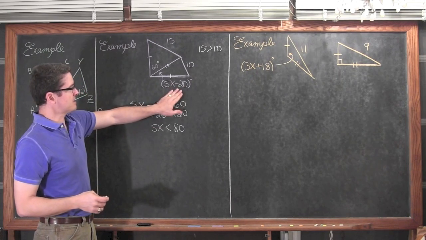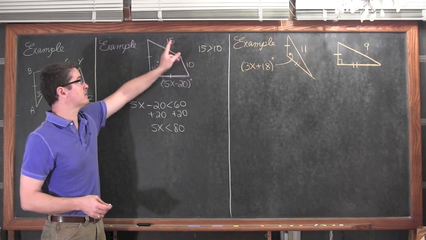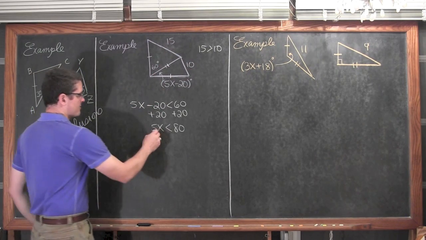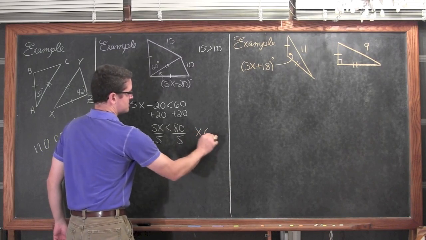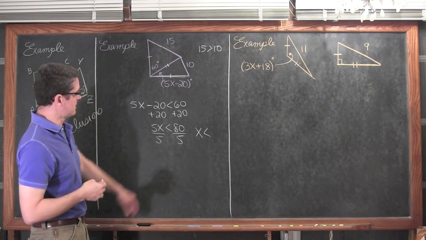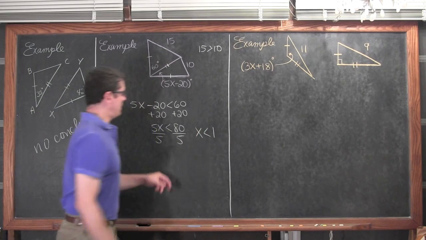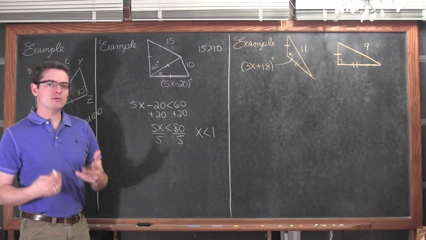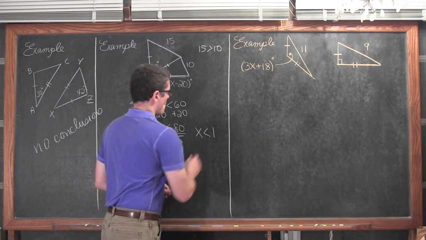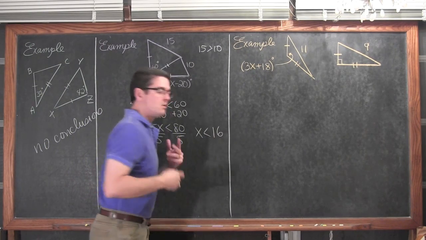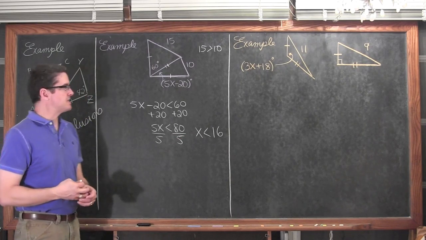We're trying to find an x value that's going to keep this expression less than 60 because 10 is less than 15. We're going to divide both sides by 5 and get x must be less than, let's see here, there's 1, 5, and 8. If you take a 5 out of 8, you get a remainder of 3, so 30 divided by 5 is equal to 6. And so x must be, let me just double check here, x must be less than 16.